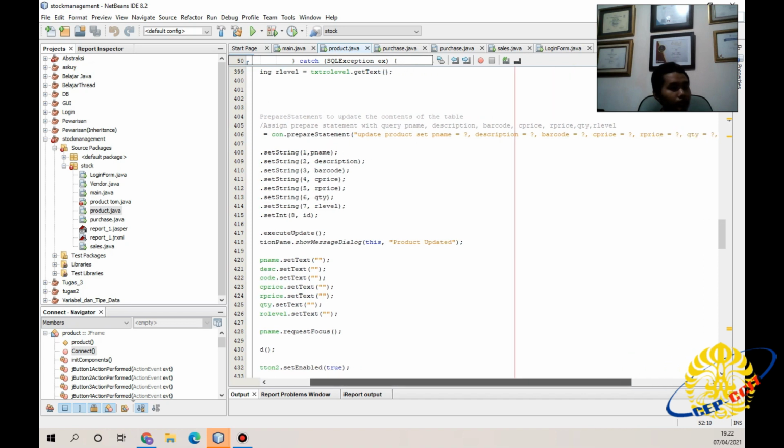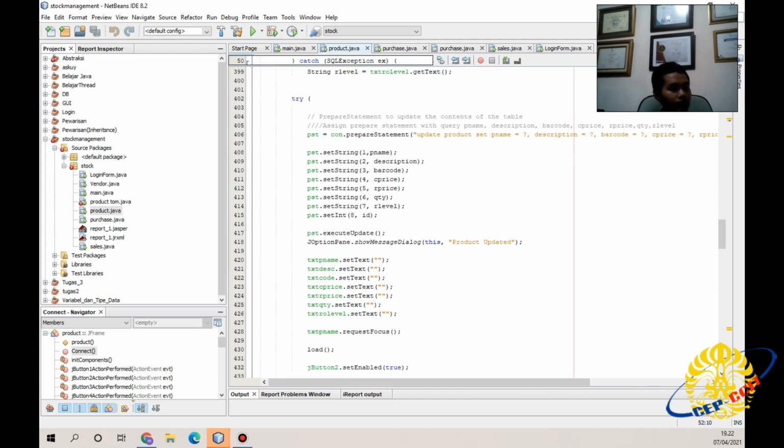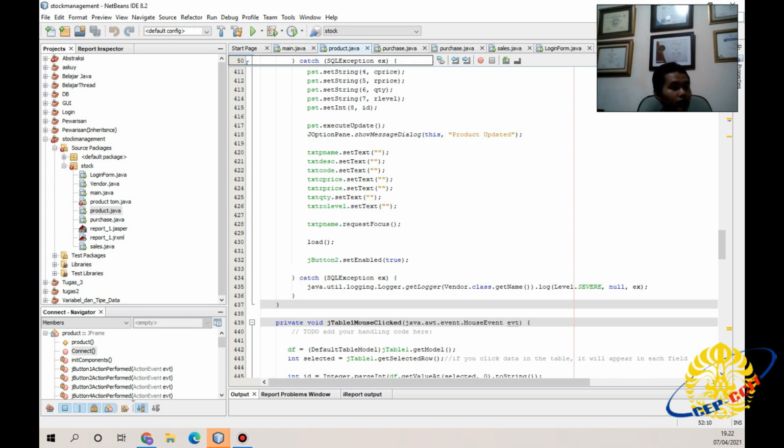Assign the prepared statement with the query pname, description, barcode, cprice, rprice, quantity, and rlevel. Then set string pname, description, barcode, cprice, rprice, quantity, rlevel, and set integer id. It will execute, and if successful, will display product updated.